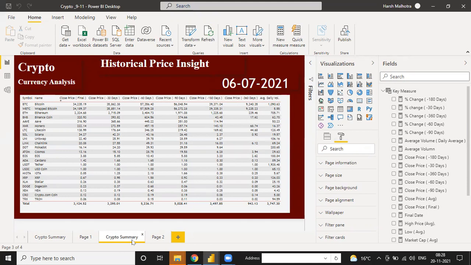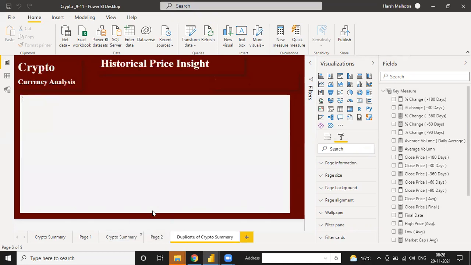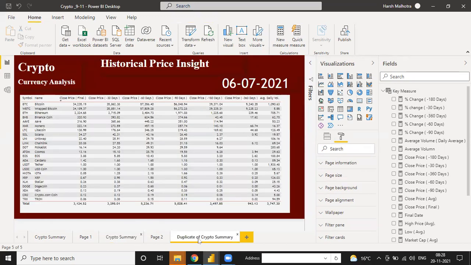I just need to copy this one, duplicate. Duplicate means we have a duplicate of the same page. So here also I write crypto summary insight, price summary.